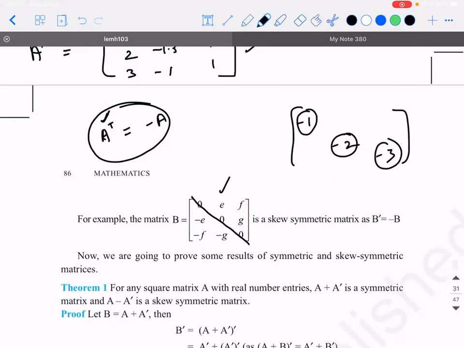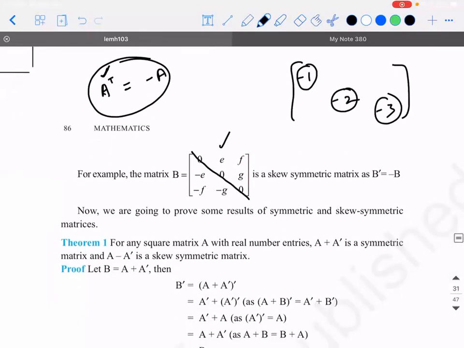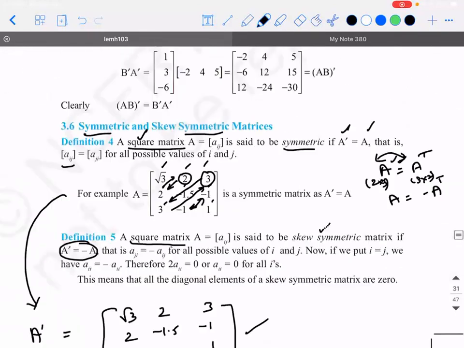Guys, are you able to understand my logic or not? Or else you already know the answer. Could you repeat? I'm saying, see, for example,